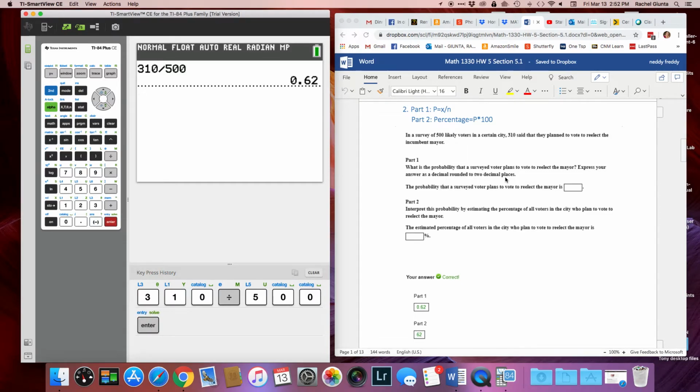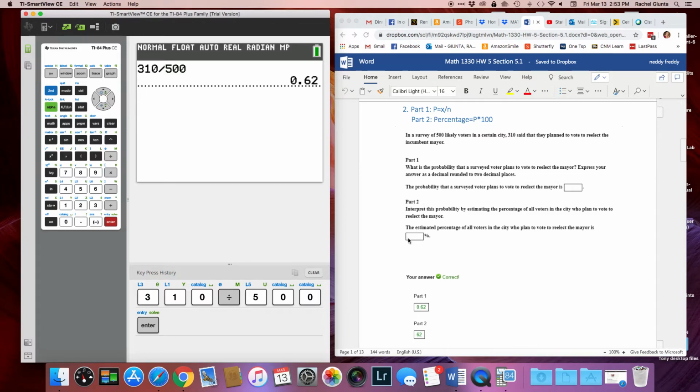0.62. We want it rounded to 2 decimal places, so you just enter that in as is over here. Second part of this one varies a little bit. This one says, interpret this probability by estimating the percentage of all voters in the city who plan to vote to re-elect the mayor. So when it asks you to interpret it, it really just wants you to give the